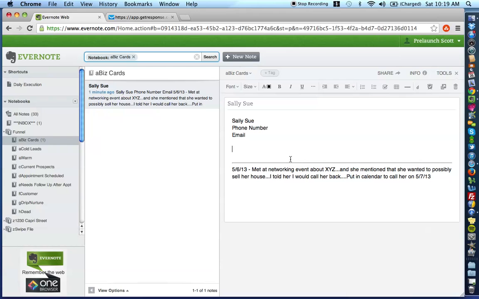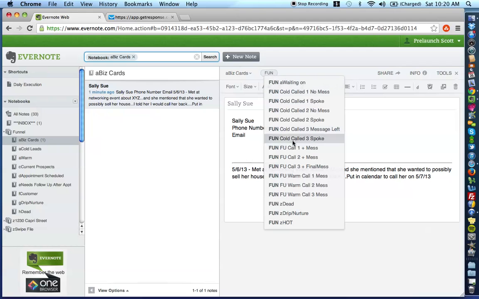You're either going to get her and speak to her, you're going to get her voicemail, or you're going to speak to her and she's going to want to schedule an appointment. So let's go to the first scenario. Let's say you call her and you don't get her on the phone. What you would do in that scenario would be to go up to your tags and type in fun, follow-up call 1